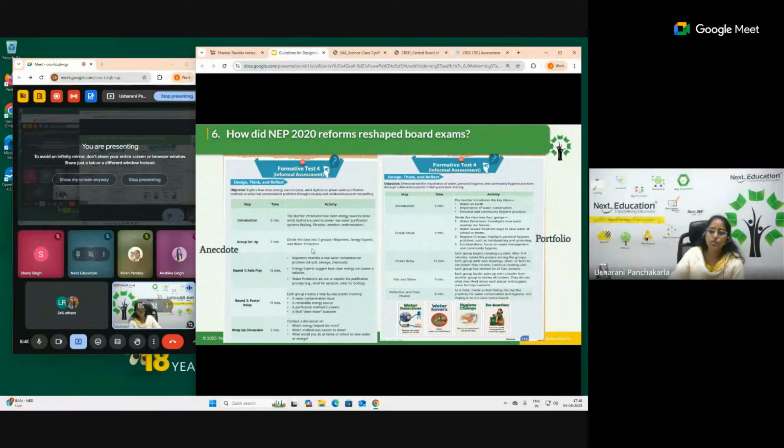Now coming to this, last time I had discussed the HPC, that is the holistic progress card, where I discussed the different types of activities, and some of the teachers from the GD Goenka Delhi branch were asking, ma'am, can you give some samples? And this is the new book that we are launching, the Prime series. In Next Prime, we are giving this sort of HPC-related activities at the end of the term, because HPC you don't do every chapter, you do at the end of the term. It can be term 1, term 2, term 3, or it can be at the end of all the 12 chapters.